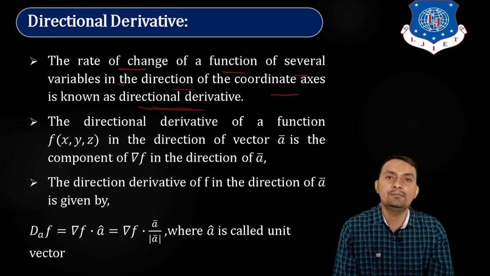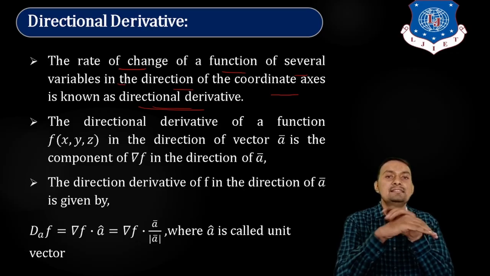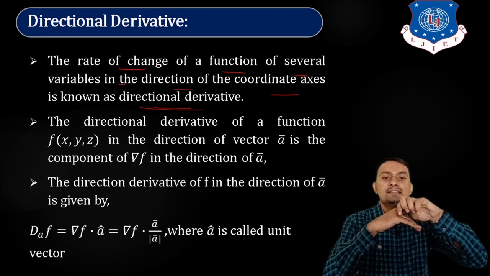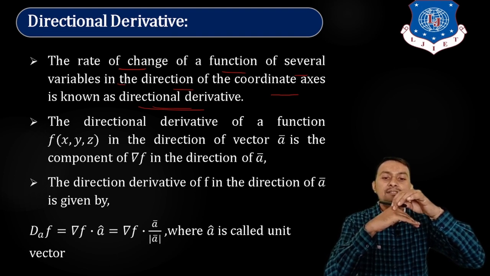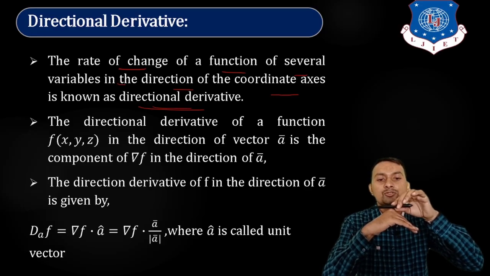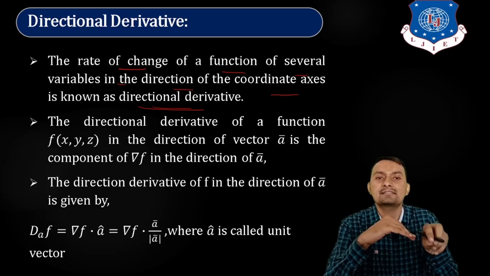Suppose we are given any surface. So what can we determine? We can determine its tangent plane. But we can observe that the tangent plane contains different directions. Suppose this is the surface, and this is a tangent line, and this is again a tangent line. All these tangent lines occur in one plane, and that is exactly the tangent plane. So if I specify a particular unit direction and want to find its derivative, that derivative is known as the directional derivative.